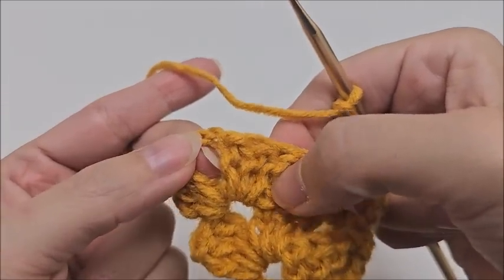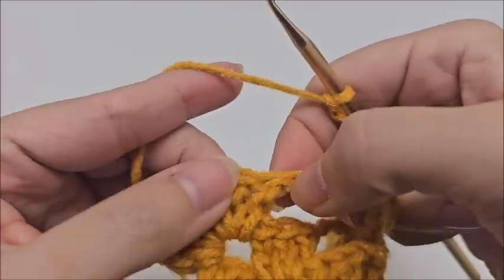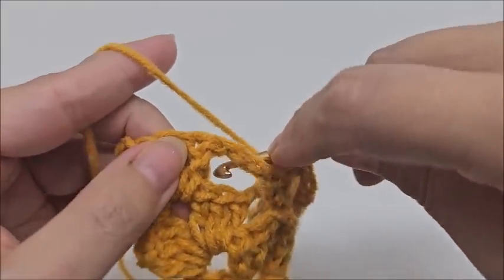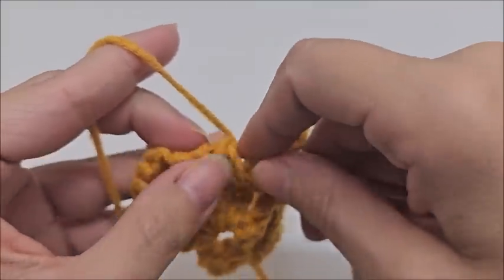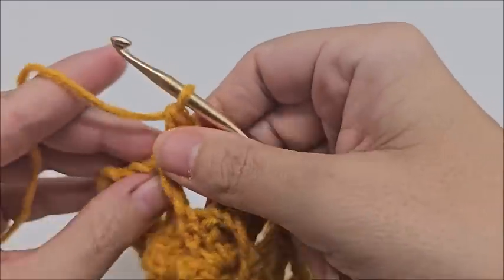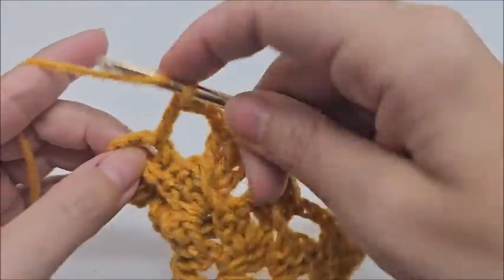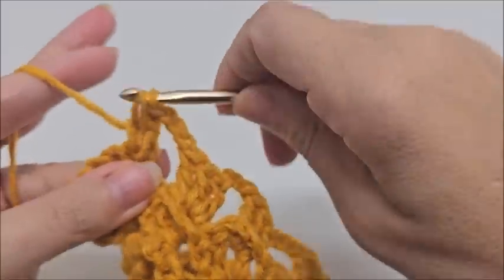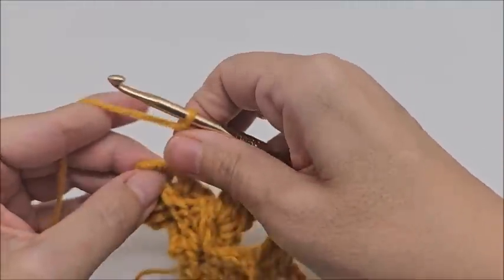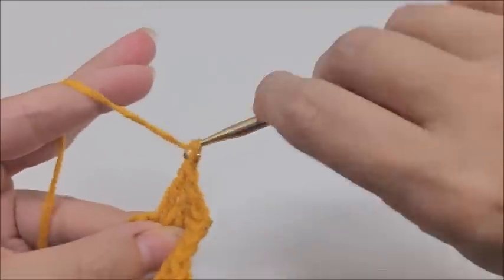Now this set of 3 double crochets before our last chain 2 space, the first double crochet of the set of 3, we have to work 3 back post double crochet around it. This is how it grows. So there's 1. Going to pull that one down the post, and then you can clearly see your post there. There's 2, and we're going to go ahead and do 1 more for a total of 3 back post double crochets. Then we're going to chain 3 again,